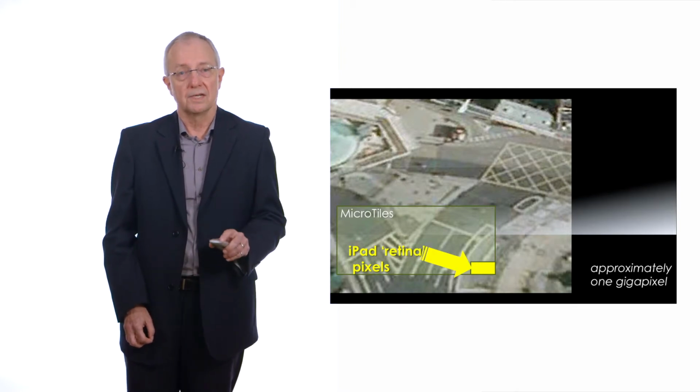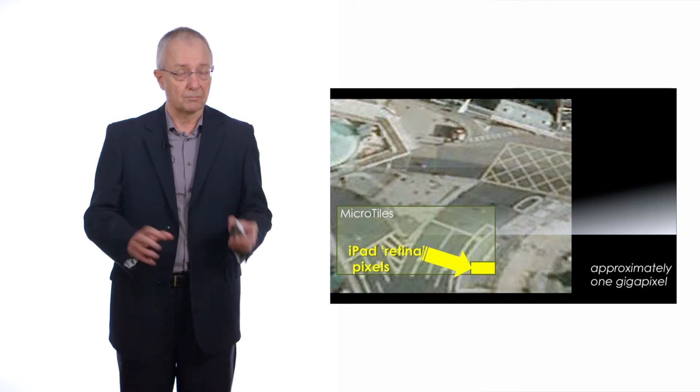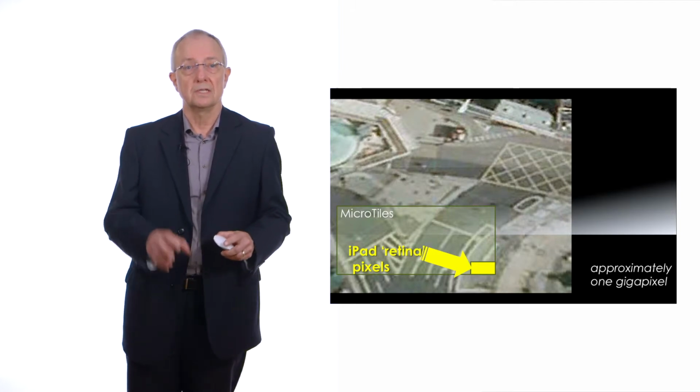So, what does this mean? It means that gigapixel displays are in fact practical. They can be of practical sizes. They can even be doable with today's technology, and they're certainly practical if we do it with slightly smaller pixels